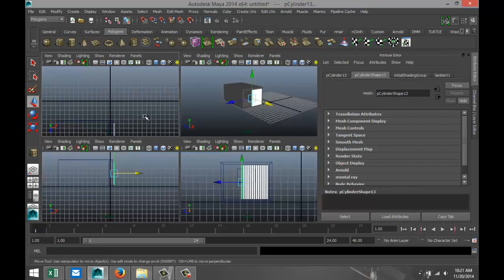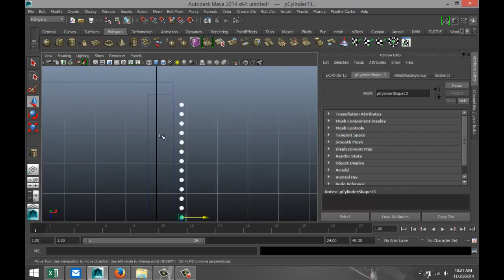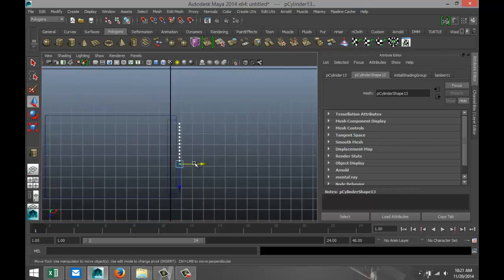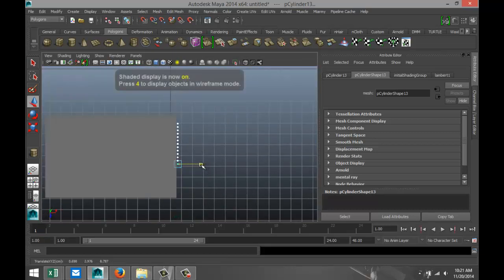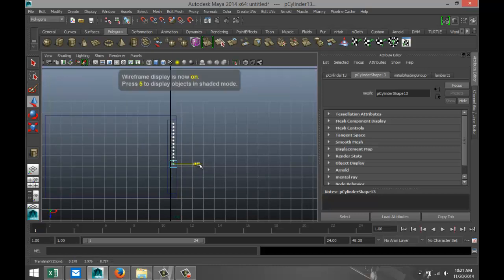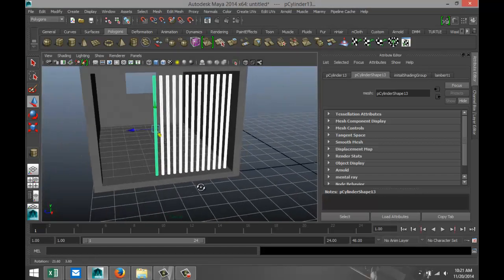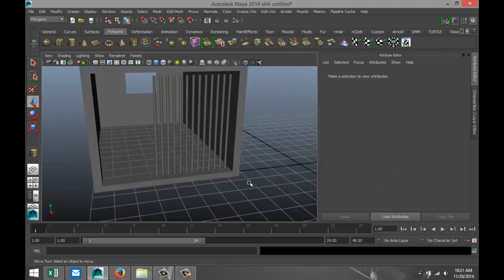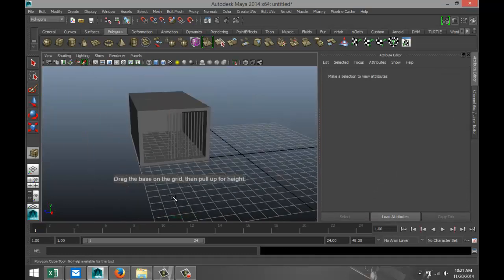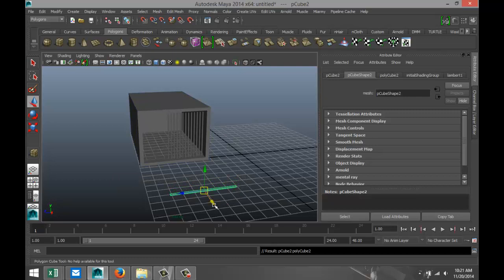Just check our top view to make sure that we are inside. I'll just hit 5 for shaded mode. That we're inside there. Something like that. All right. Looks about right. Okay. Now we're going to create some horizontal bars. So we're going to take a polygon cube. We're going to drag that out, pull it up just a little, give it some height,